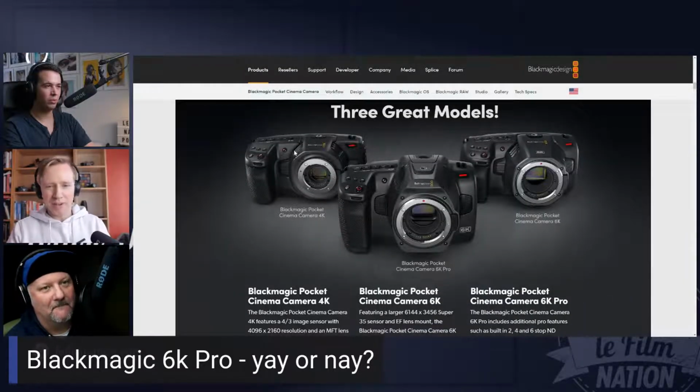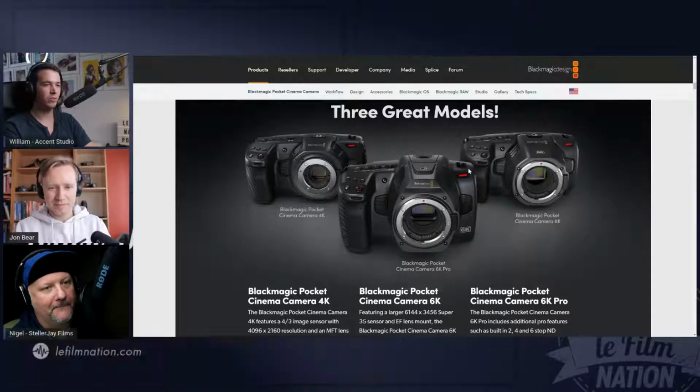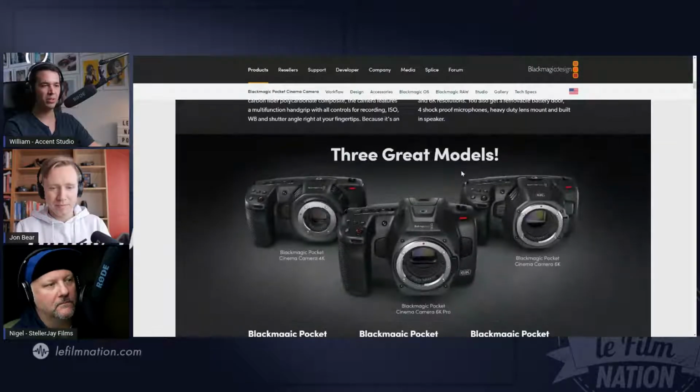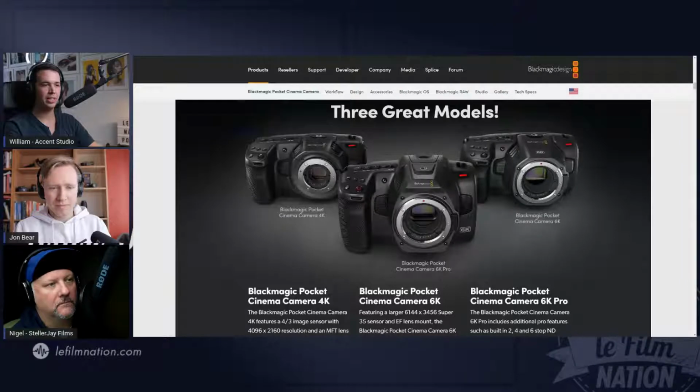So on the left is the old 4K Pocket camera, on the right is the 6K, and the new 6K Pro is in the middle. And it's a huge camera. It's even taller than it used to be. Wow. So for me, the feature that's the most interesting and actually makes it a pro camera, like the name suggests, is